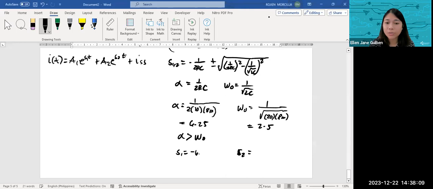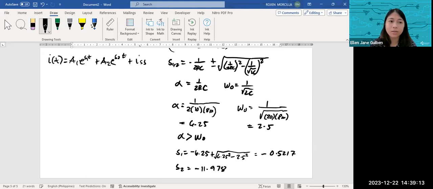We have negative 6.25 plus square root of 6.25 squared minus 2.5 squared, that is equal to negative 0.5217. S2 is equal to negative